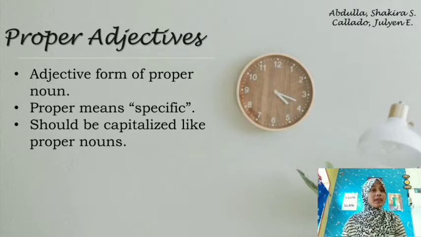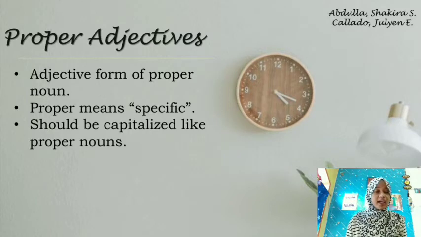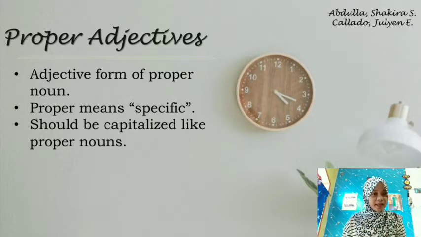So an example of a common noun is the word country. It's a common word, while the example of proper noun is the country Thailand, because it's a country name. It is a specific country name, and Thailand is only one. So common noun is country and proper noun is Thailand. While proper nouns are specific names of persons, places, things, and organizations, proper adjectives describe people, places, things, events, and organizations based on proper nouns.